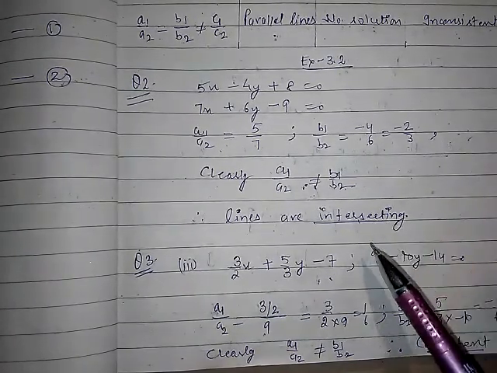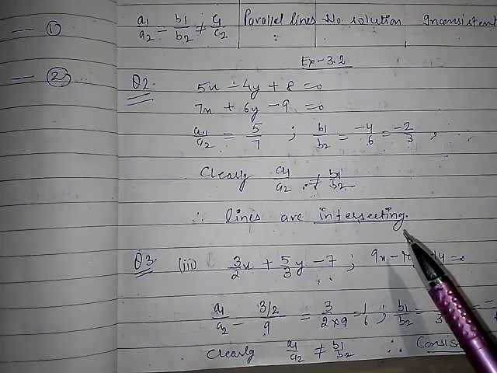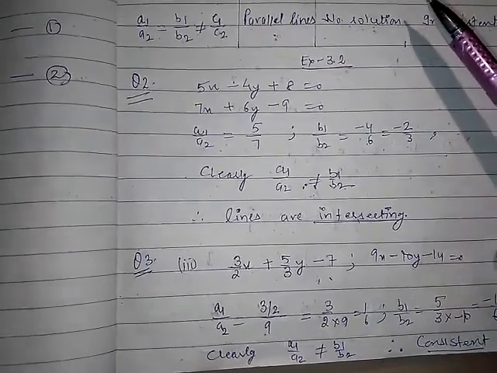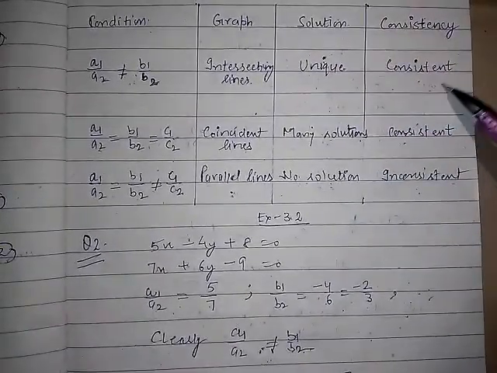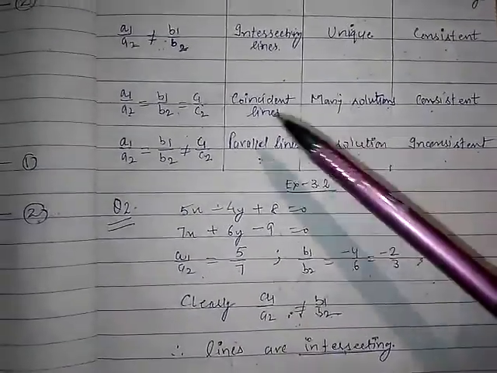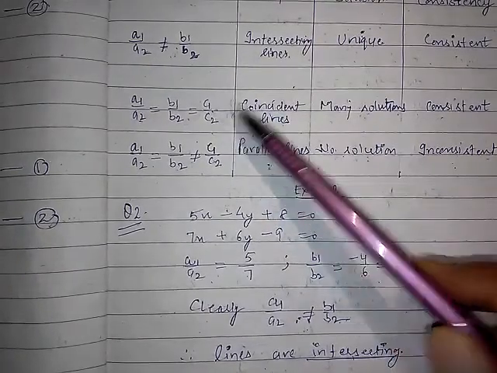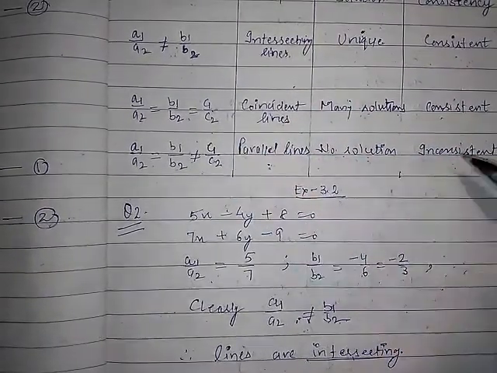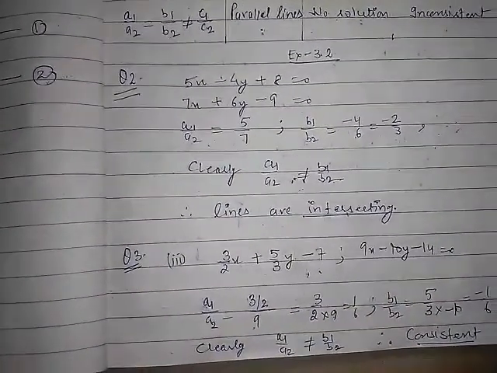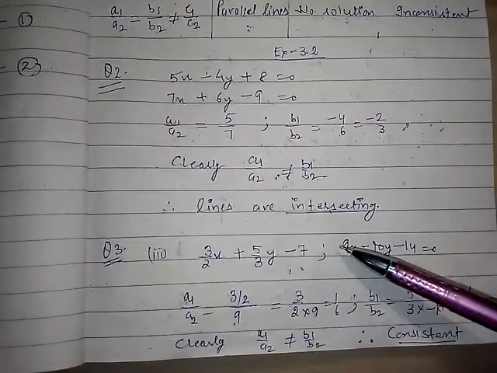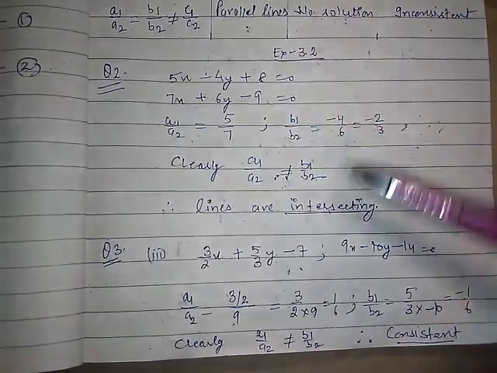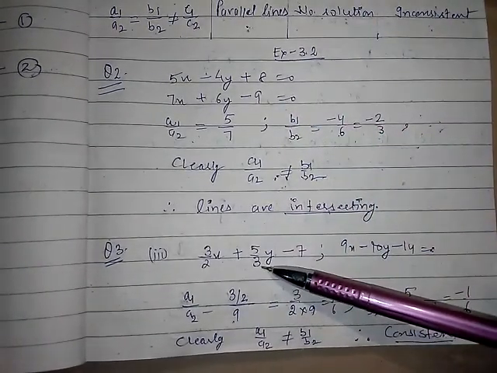Then, on comparing the ratios, find out whether the following pair of linear equations are consistent or inconsistent. It means now they are talking about this third column, consistency, whether they are consistent or inconsistent, right? So if the first two conditions are satisfied, it means consistent. If the third condition is coming, then the given system of equations is inconsistent. Now come to the example. I have taken question number 3, third part. The first two parts I have not solved because they are of the simple kind. I have taken part 3 because it involves a fraction.